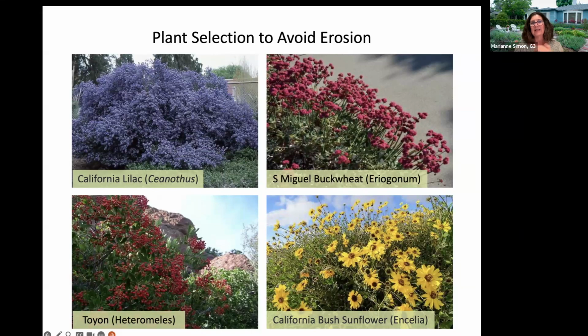Certainly the ceanothus and the heteromeles, those are taller plants. So if you're going to use them, you want to make sure you're using them further away from the house. You don't want them right up against your back door. And actually you wouldn't want any plants, as much as that beautiful wisteria climbing along the trellis is so lovely. It is also a potential hazard.